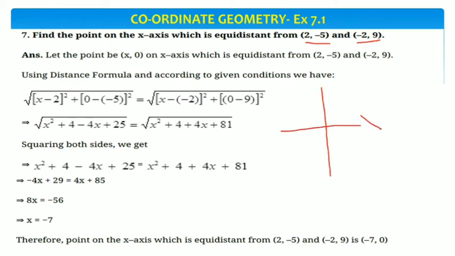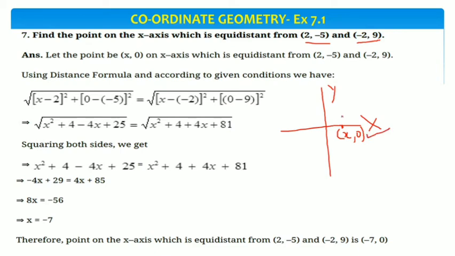Suppose this is x-axis and this is y-axis. If any point is on the x-axis, maybe this side or maybe this side, suppose this side. Now we know that if any point is on the x-axis, then in that case the y-coordinate of the point will be 0, means any point on the x-axis can be written as x comma 0. Why we have written x comma 0? Because x will have definitely certain value but y-coordinate will be 0. So any point on the x-axis is represented in general form this way.